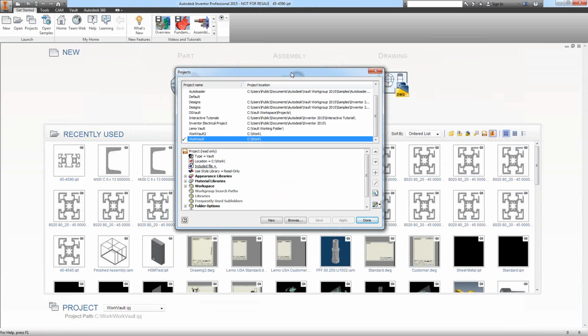So you notice I can work in a Vault as much as I want, and I don't have to use the Vault for my content libraries. In larger groups, I like the idea of using the Vault to manage the content because everyone uses the same libraries that way, and they're always just available. If you're in a smaller group, or if you don't need to share your customizations amongst other people, or maybe if you travel a lot and work with Inventor while you're traveling, you may want to go the desktop content route